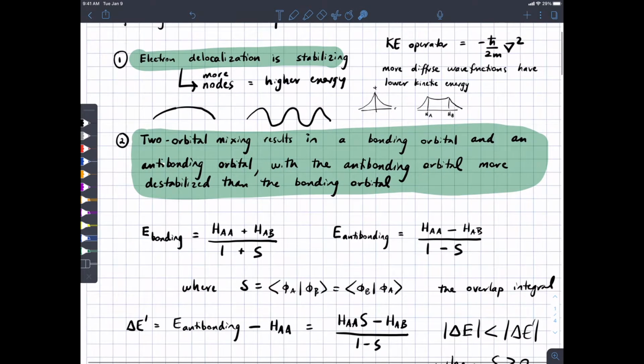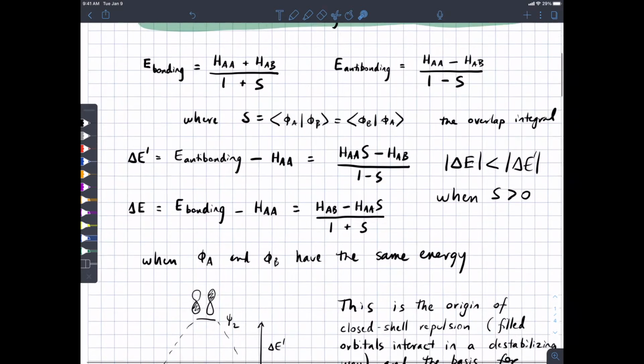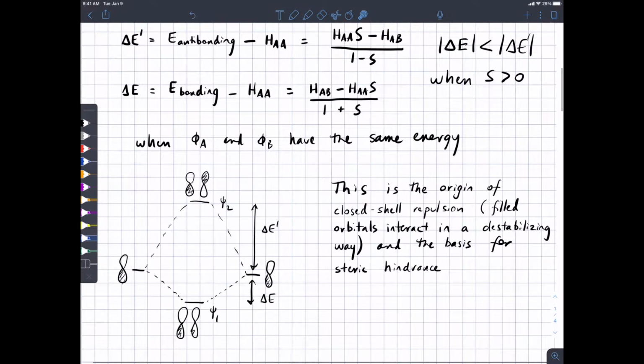We also learned that if you mix two orbitals together, because of this overlap integral term in the denominator, the bonding orbital is stabilized by a certain amount and the antibonding orbital is destabilized by an even larger amount. And we talked about how that's the origin of closed shell repulsion. Filled orbitals interact in a destabilizing way. And if you were to fill an antibonding orbital, you don't just cancel out the bond, you now make it totally unfavorable to have those two nuclei close to each other. And this is the basis for steric hindrance